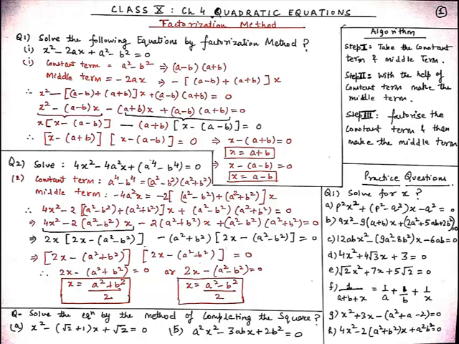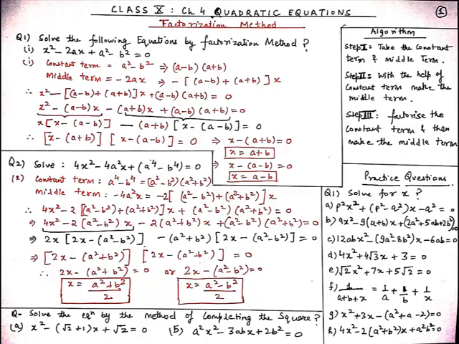So with the help of these terms, that is a minus b and a plus b, we have to make minus 2ax, which is our middle term. So I can write minus 2ax as minus bracket, the sum of the factors of our constant term, which is a minus b plus a plus b, into x. When you solve this, you get minus 2ax, and now substitute this term, minus (a minus b plus a plus b) into x, in place of our middle term. So we get x square minus (a minus b) plus (a plus b) into x, and plus (a minus b) into (a plus b), which is equal to 0.